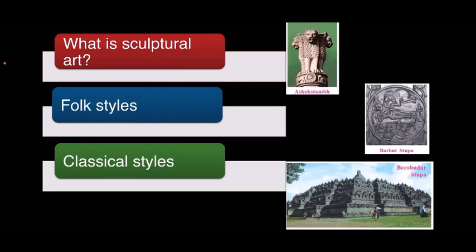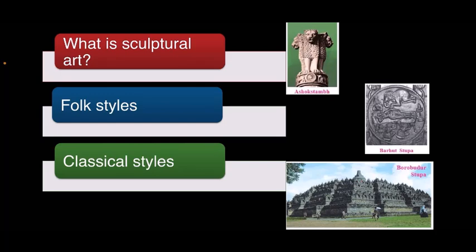Classical styles. The Harappan seals, stone, and bronze statues tell us about the 5,000 years old or even older tradition of the Indian tradition of this art form. It is said that the tradition of carving out stone sculptures of larger size began in the Mauryan period with the Ashokan pillars. Some examples of this sculptural art are the Sanchi Stupa, which was erected in Emperor Ashoka's times. The sculptures at Bharhut are testimonies of the continuous development of sculptural art in India.